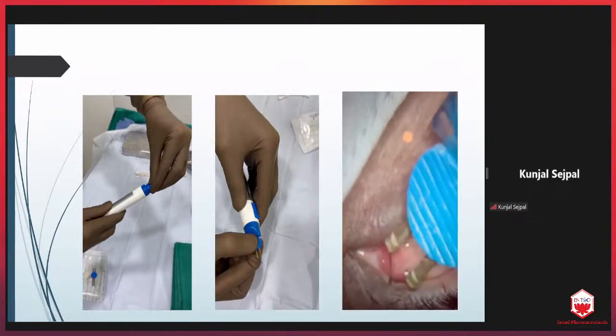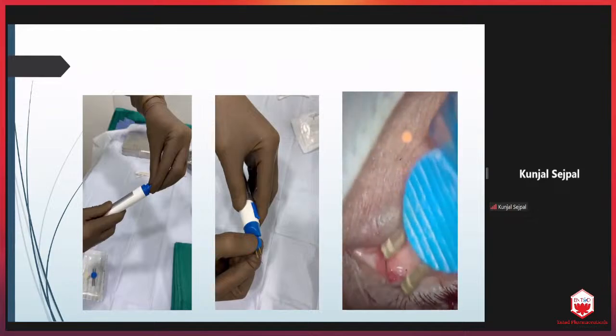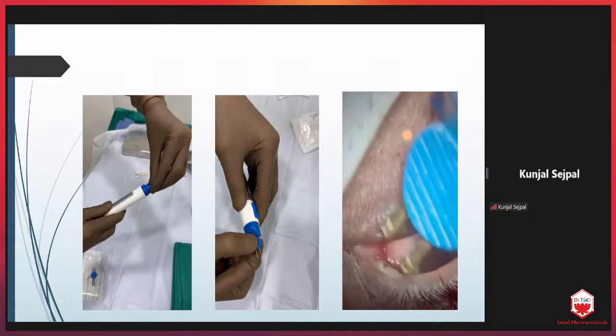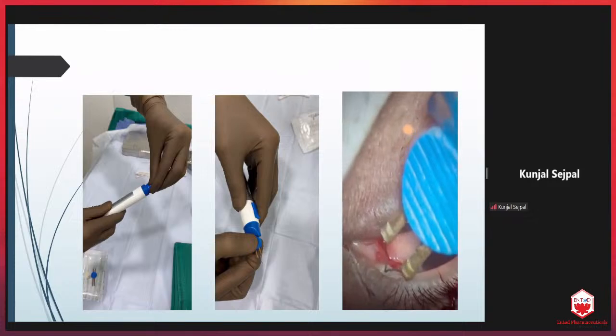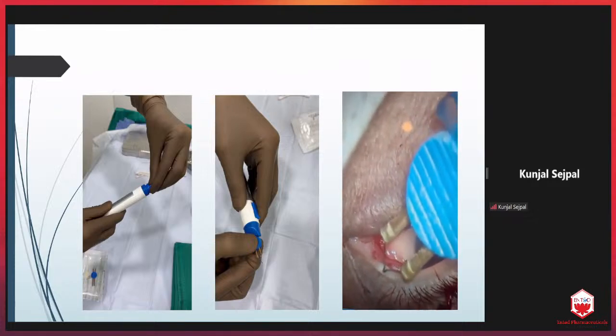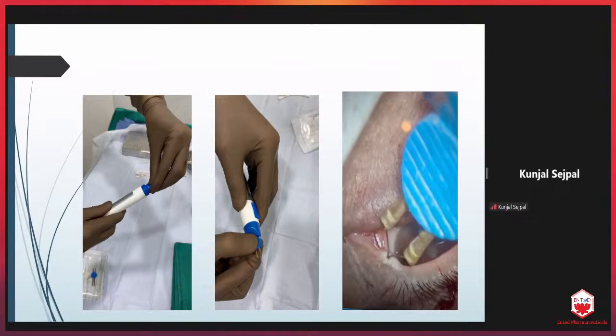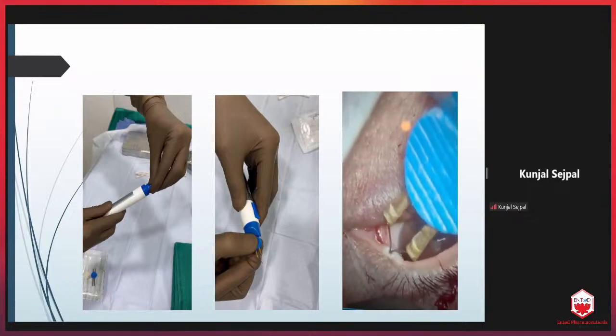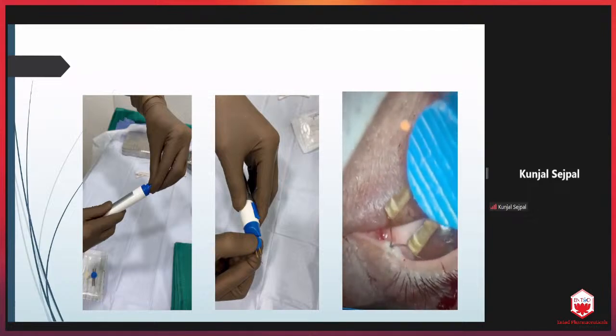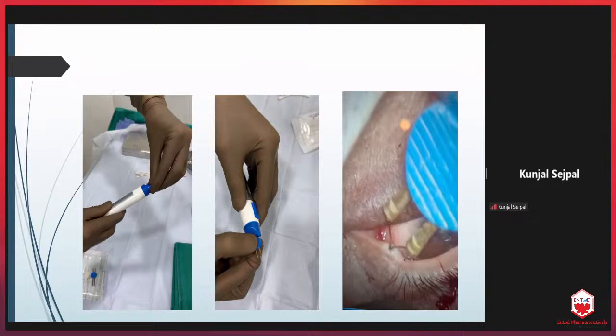So after this, post-operatively, you have to explain to the patient that there might be a little bit of erythema around the lids. There might be a little bit of pain for a couple of days. You can give them a painkiller. Topically, you can ask them to apply ice. That will help. And just give them a plain antibiotic and not an antibiotic-steroid combination, because you want to induce the fibrosis.